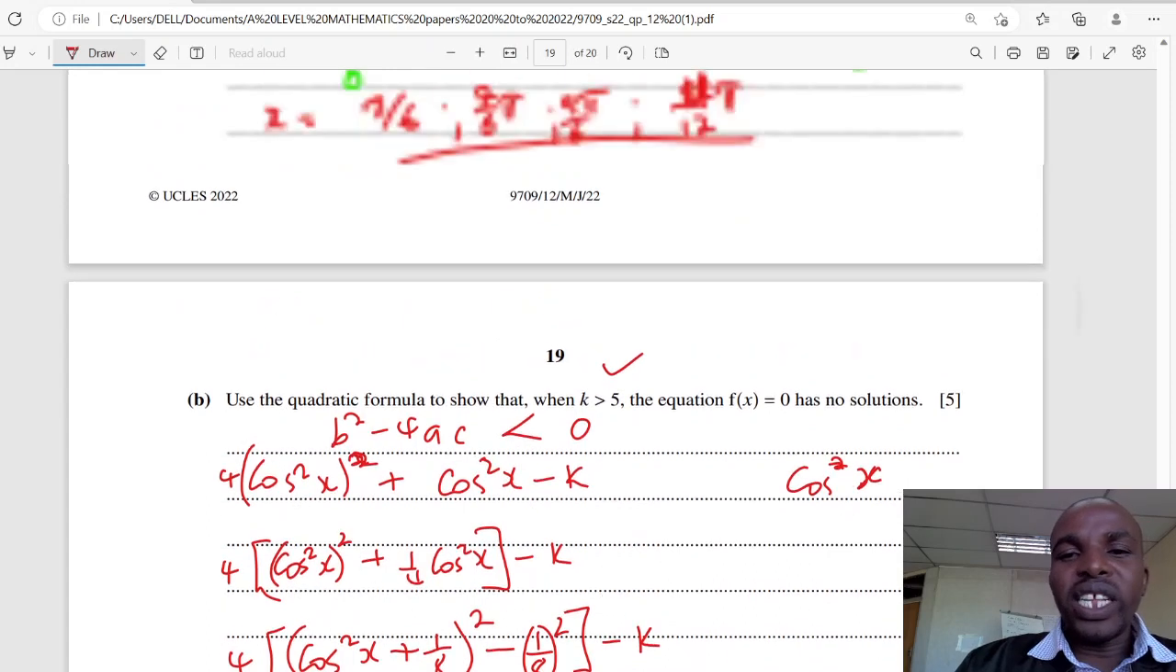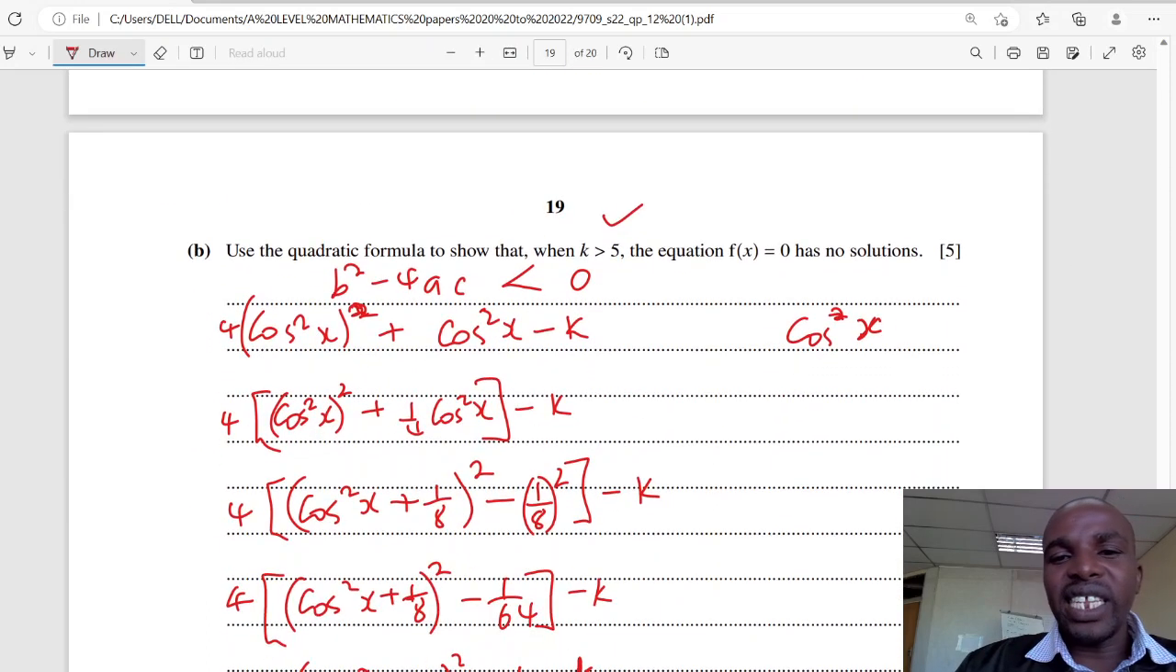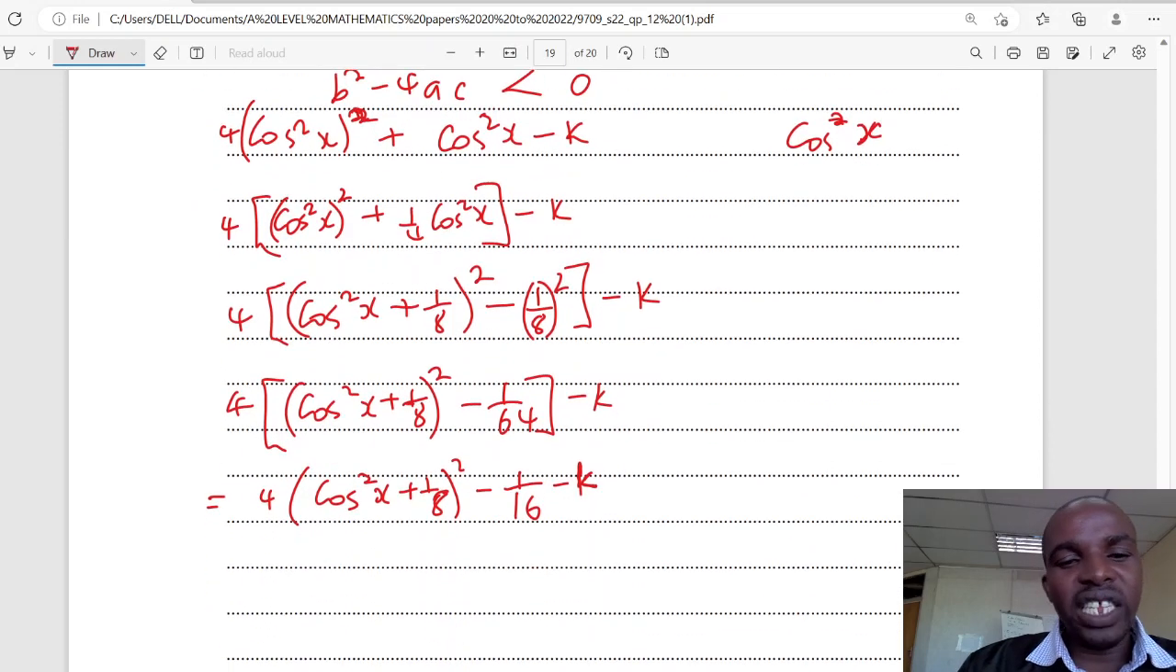Right. Now they said when k is greater than 5. So if k is greater than 5 in this case, what will be the effect? Then it means there are no solutions for this item. Right, so let's check. If we can put k as 6,